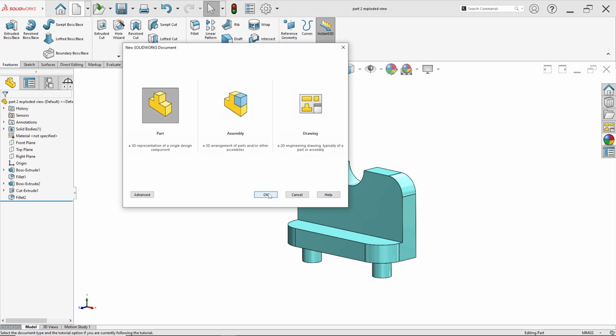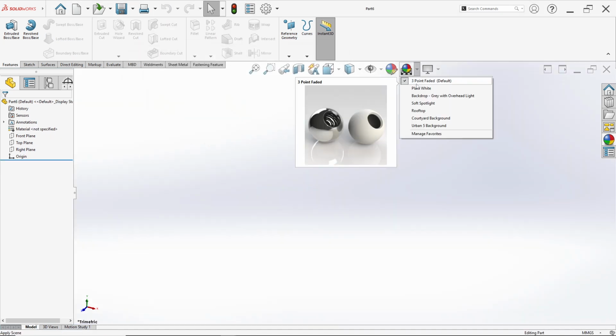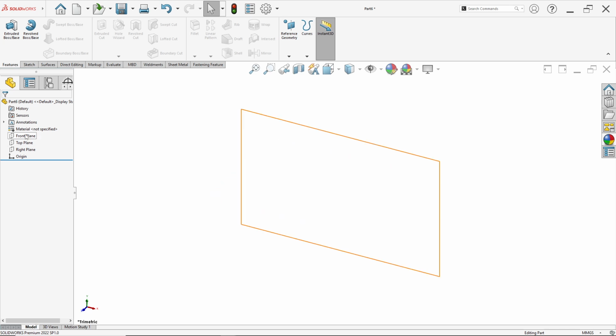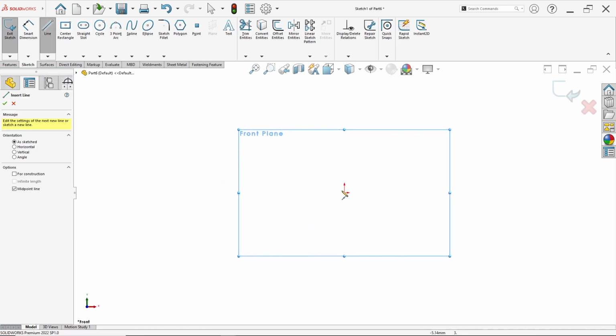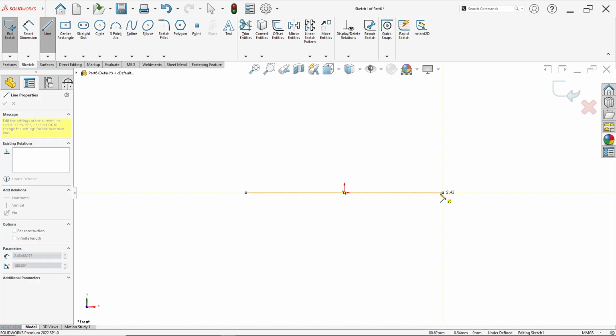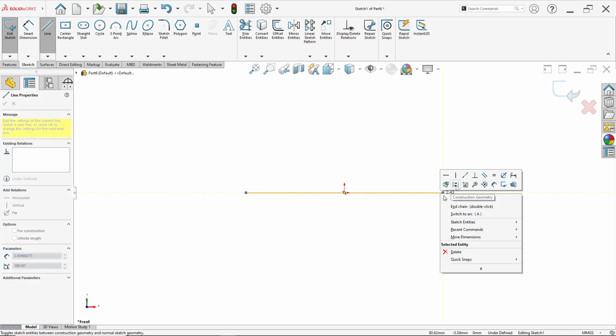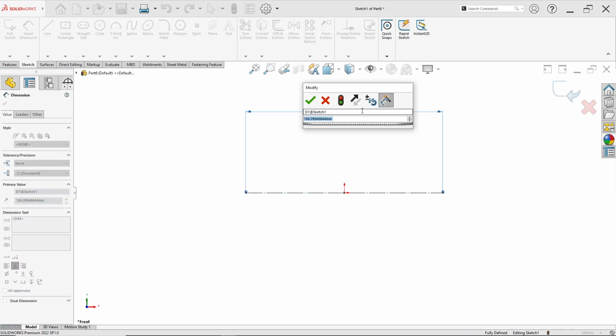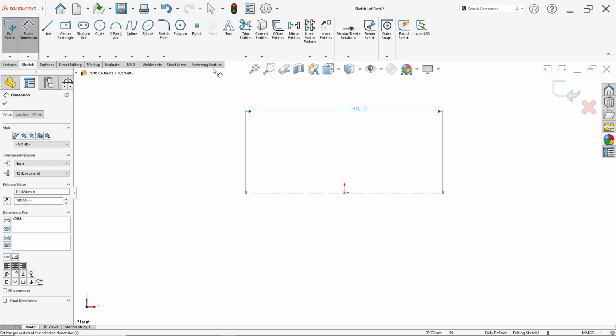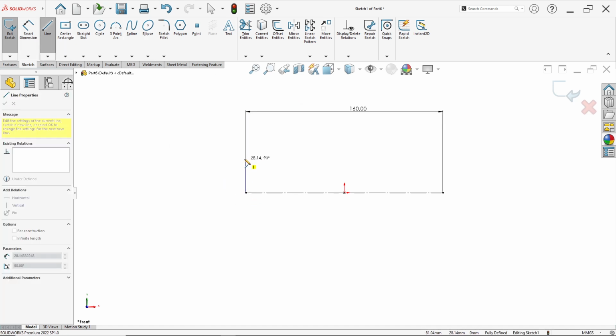Then make one part again in here. Click New, click Part and click OK. We want to make the last part in here. Click right plane or front plane and click Sketch. Draw a midpoint line in here. Draw like this. And right click and click Construction Geometry. For the line in here, I set 160 millimeter and draw lines this, this, this, this, this, this, this, this, this, and this.